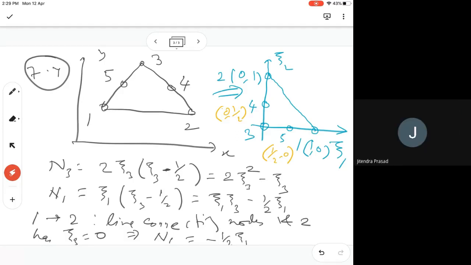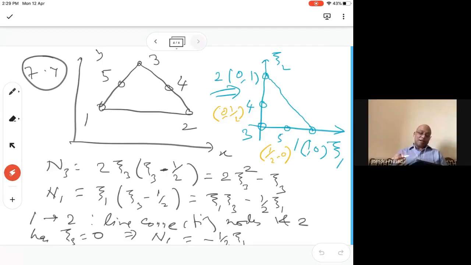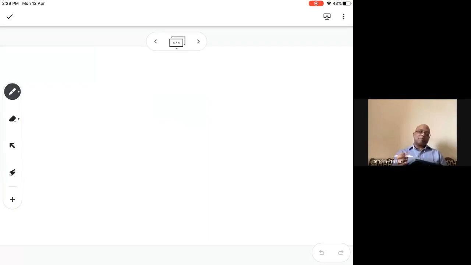For an arbitrary quadrilateral element, it will not be true. It depends on the shape. If it's triangular, you can assume that S is acting at the centroid, and hence 1/3, 1/3, 1/3 it will go. This will be 1/3, 1/3, 1/3 of S times area, whatever the area of that is.